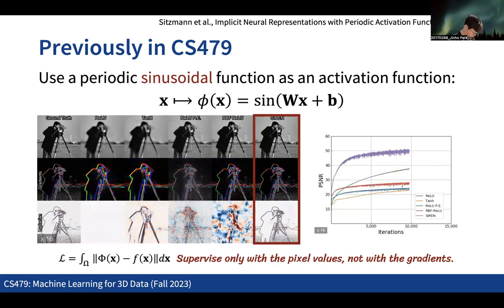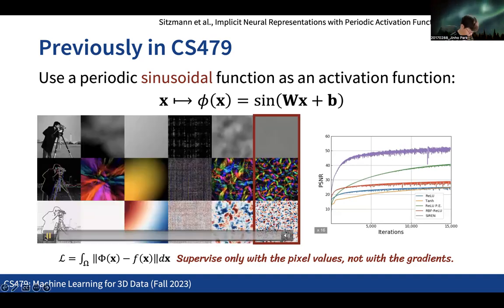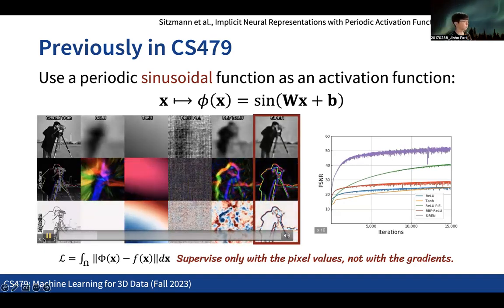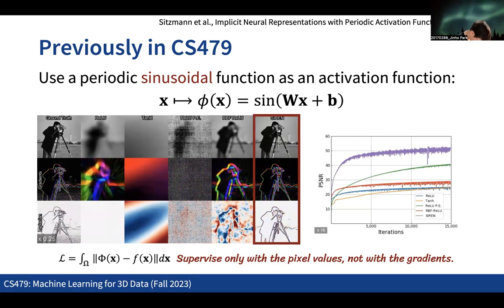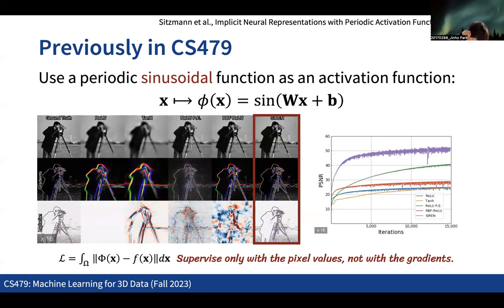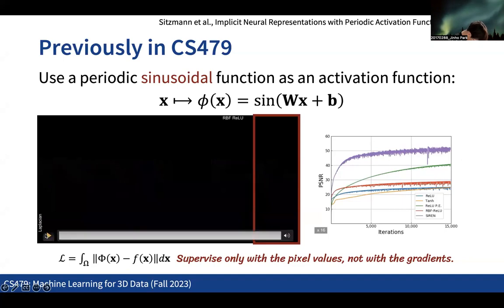So what we discussed last time is that if we choose a typical activation function like ReLU, the second derivatives and the higher order derivatives basically become zero. While the functions that we would like to reconstruct are typically very complex, in that their derivatives never become zero. For those kinds of cases, we could consider using the sinusoidal function as the activation function, in a way that we can see much faster convergence of the function like this.